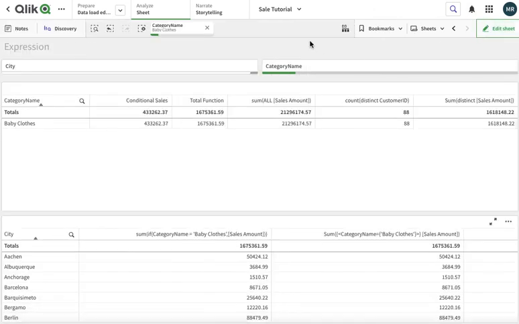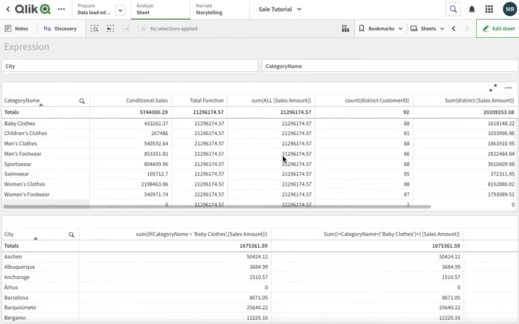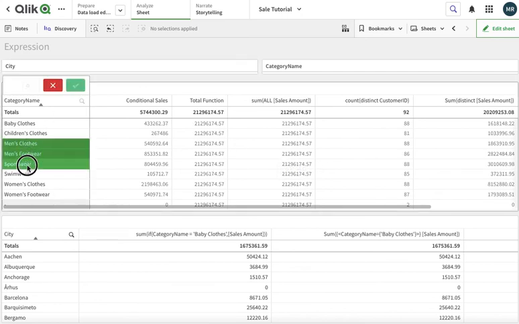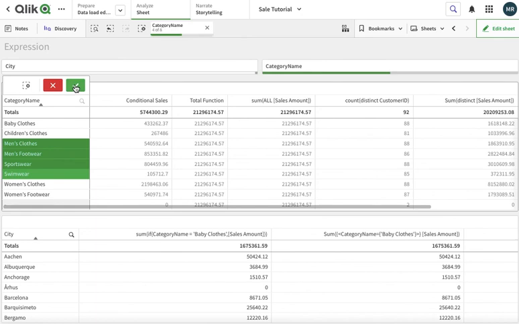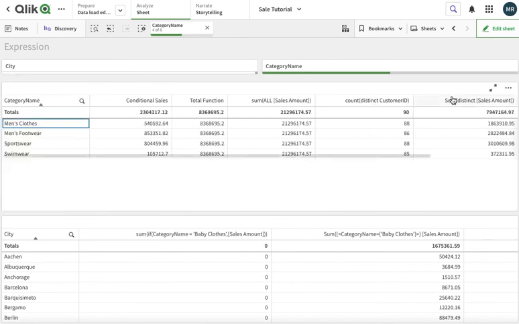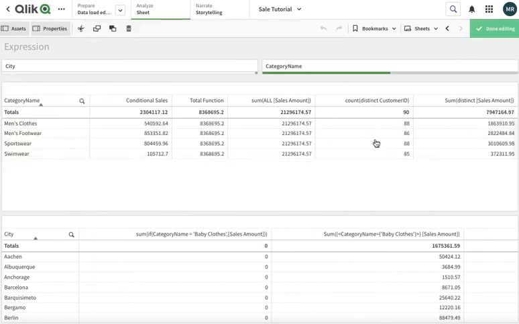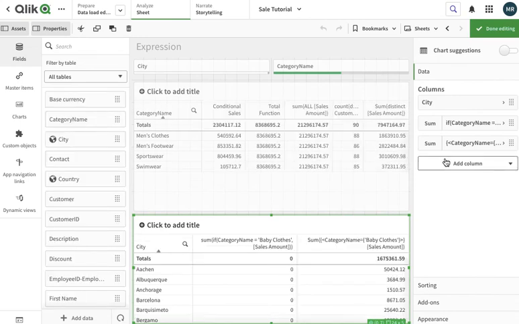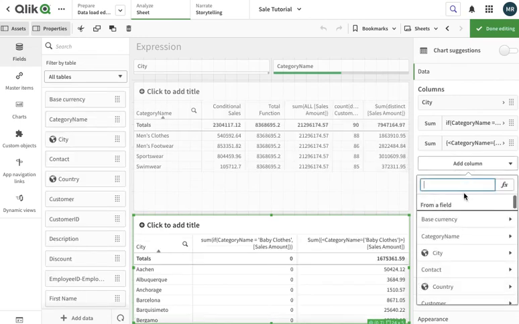The precondition for using set analysis, and how we can exploit this option that Qlik has given, is that first we need to select. We can have multiple values that we want to use in our set analysis. First we select that, then we go to the measure